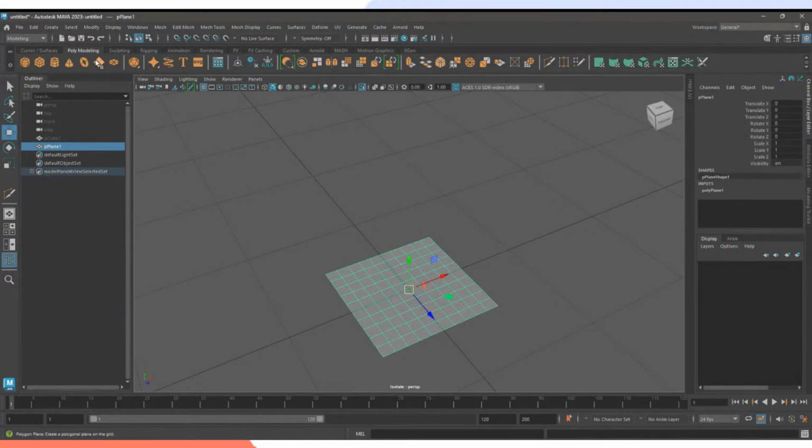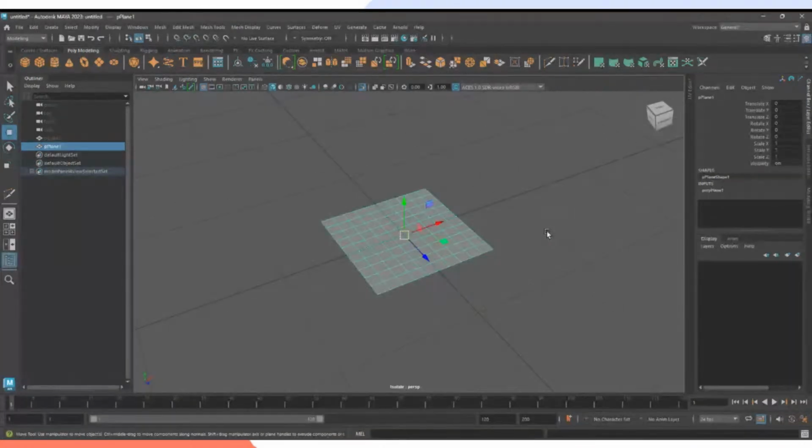So I would pick this polygon plane, because what you can do here is actually import your own references instead of just having another screen showing it on another display. Sometimes having it very close to the model is very useful. Now we're going to create a texture for this